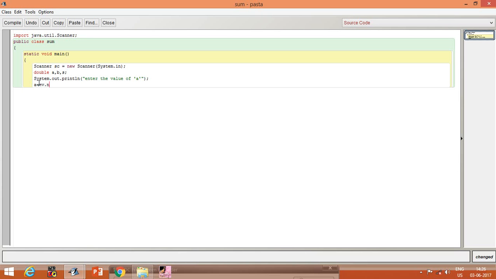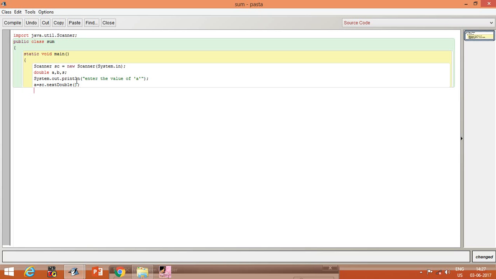sc.next, next is like a keyword in front of these things. Sorry, I've given sp. Next, Double. In the engineering of Java, it has been made so that it becomes a keyword when you use a small letter, and it becomes a formula type when you use a big letter. At present it is a formula, so please use a capital letter.